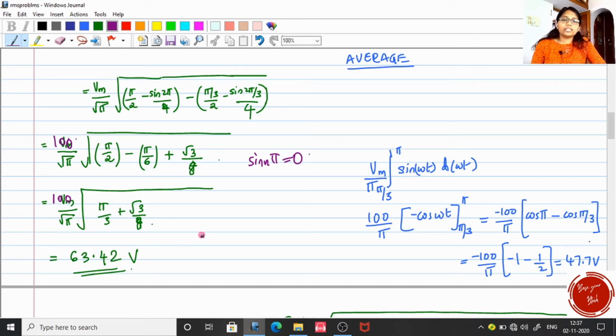Okay, next let's find out the expression for average value. Now average means it is actually the mean value. Mean means you just need to integrate in the time interval divided by the time interval. What to integrate? You have to integrate the function in the time interval divided by T. So here